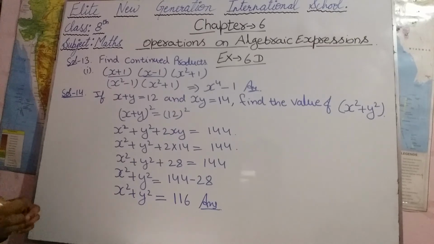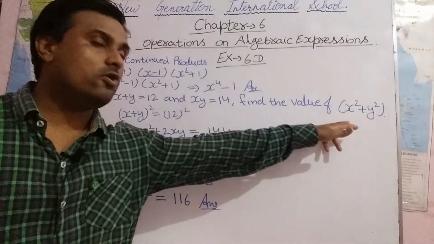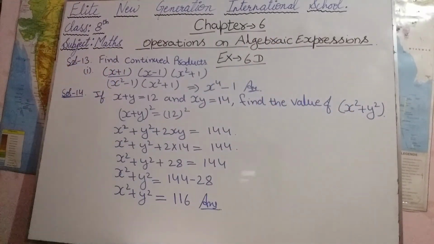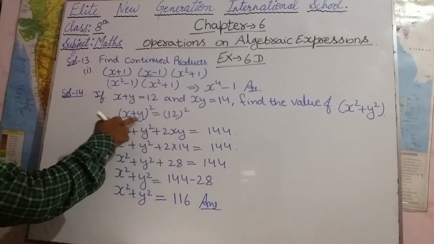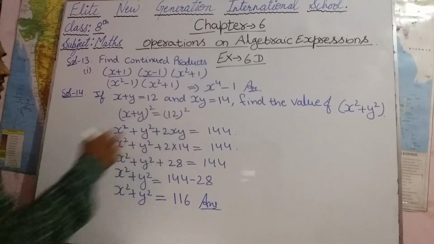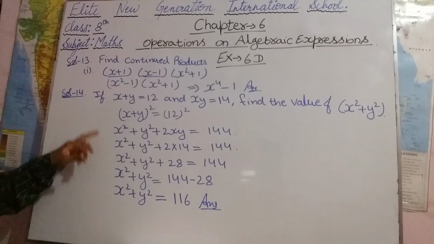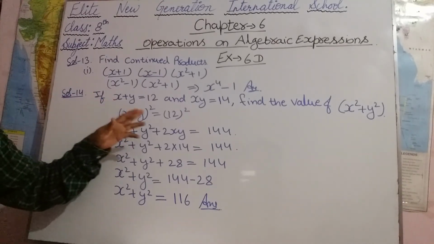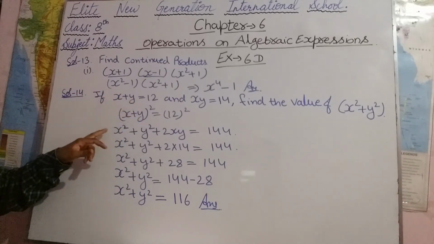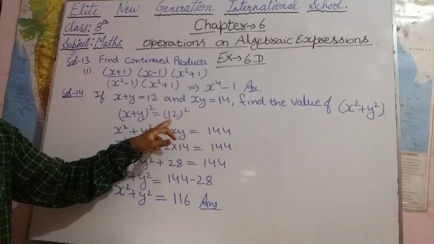If x plus y equals 12 and xy equals 14, then we have to find the value of x square plus y square. So here we have given x plus y equals 12. So we will do squaring both sides. So (x + y) whole square equals 12 square. So by opening this (x + y) whole square using the formula (a + b) whole square, a square plus b square plus 2ab, it will be x square plus y square plus 2xy equal to the square of 12,